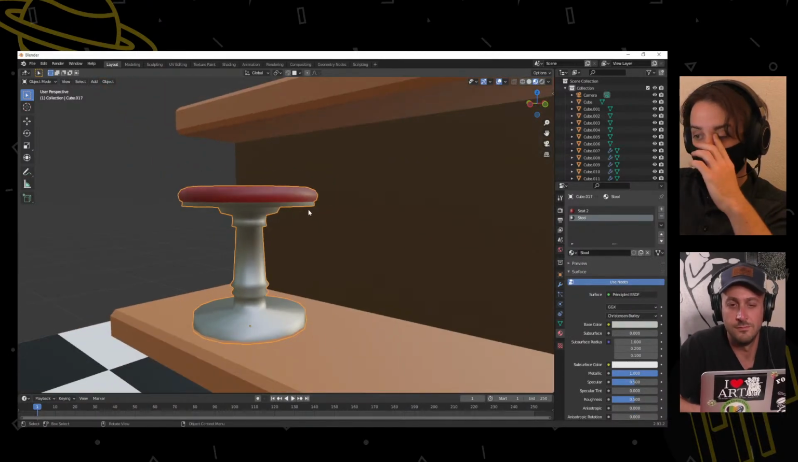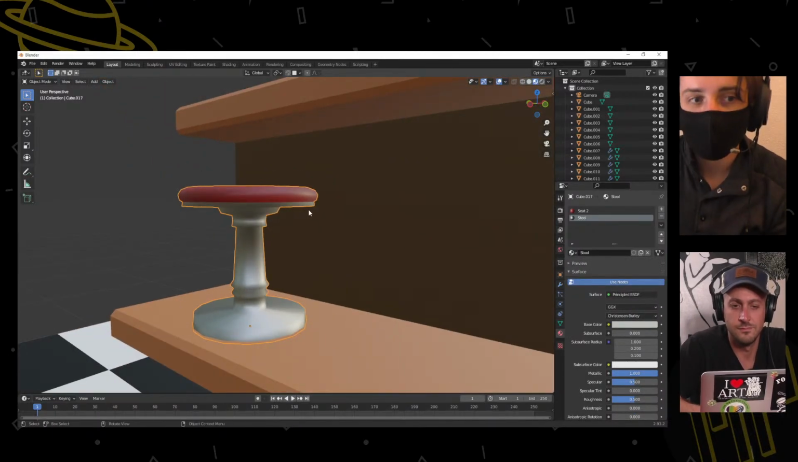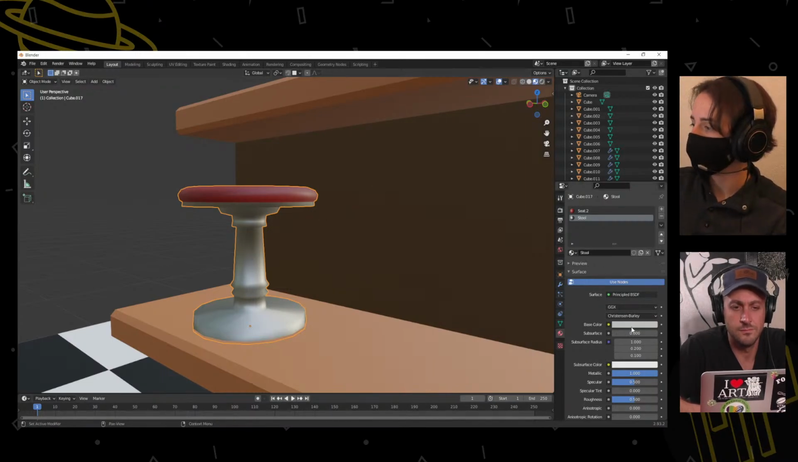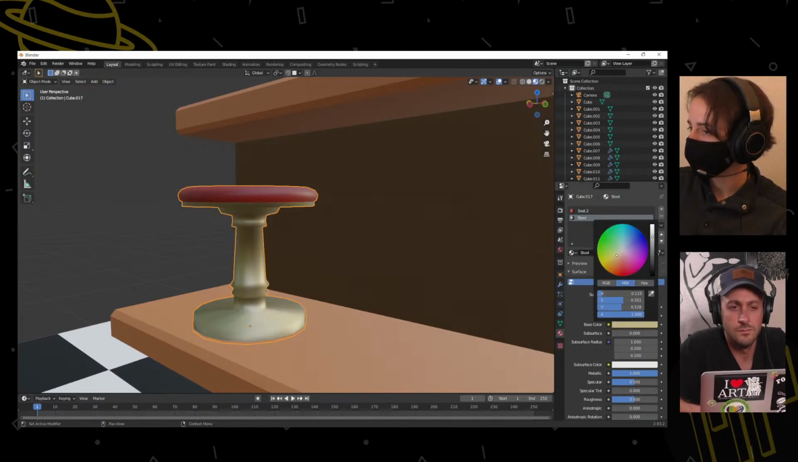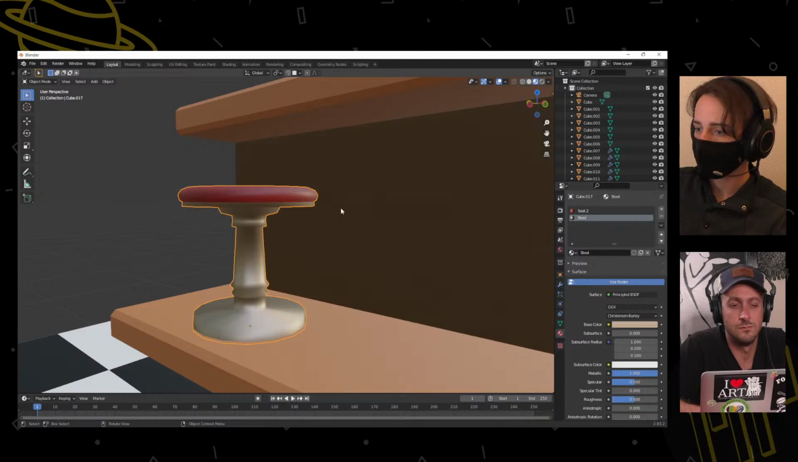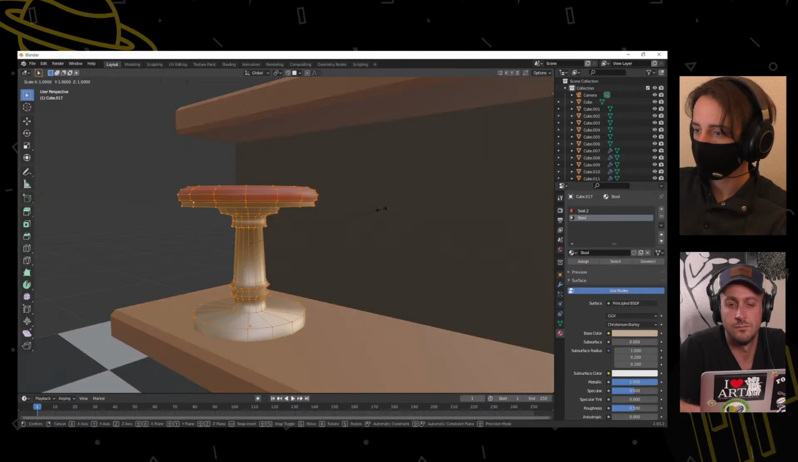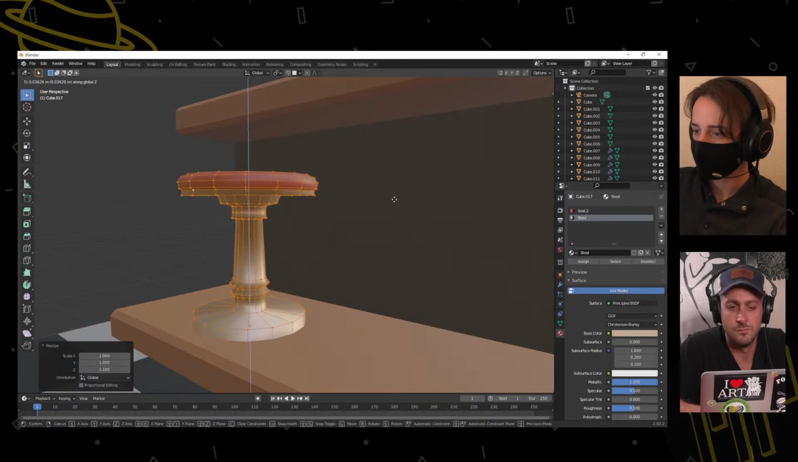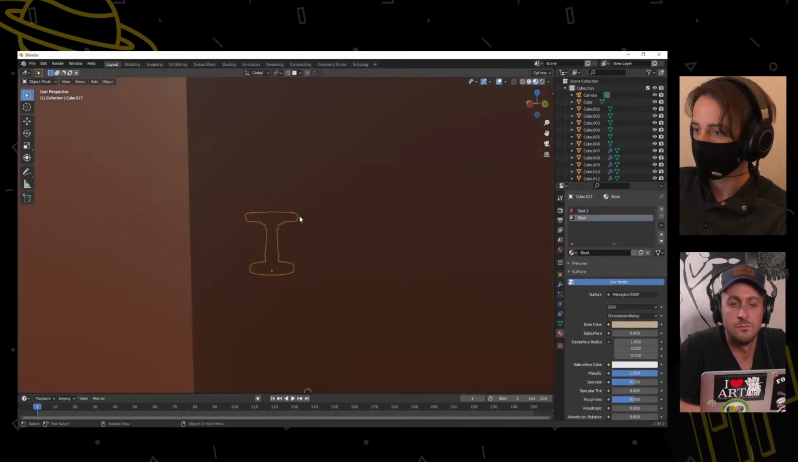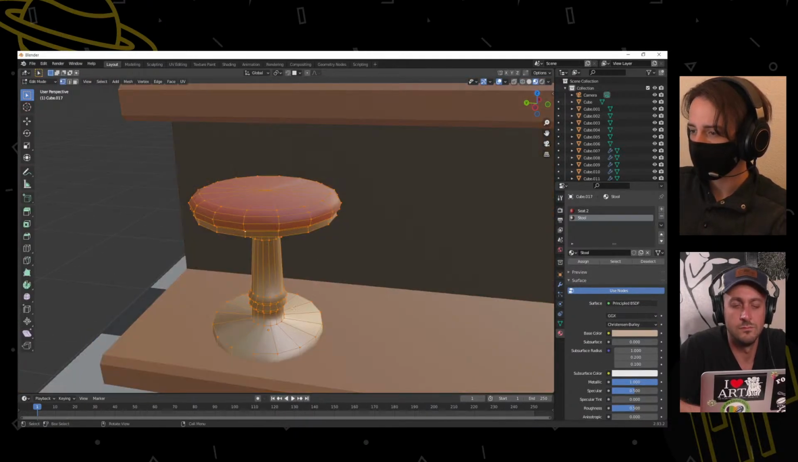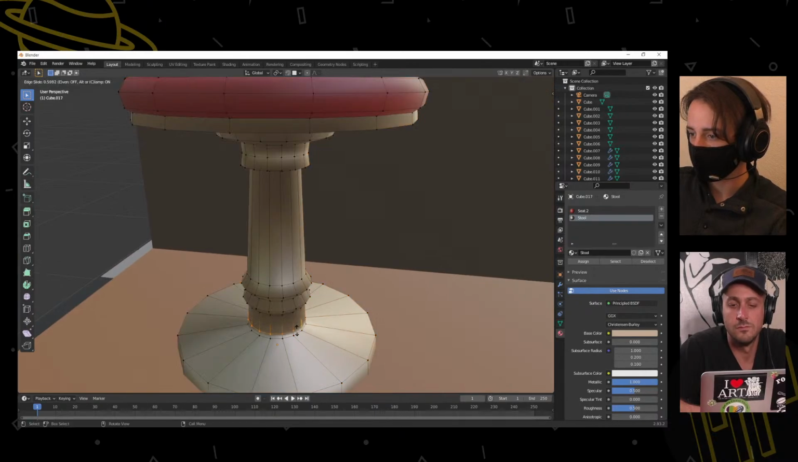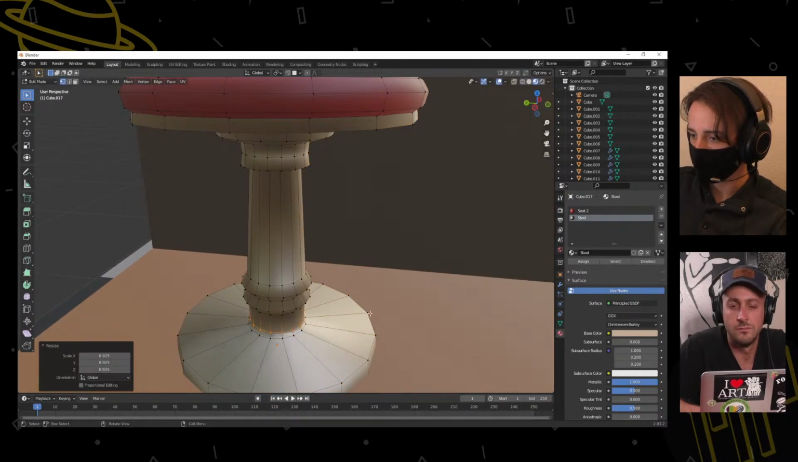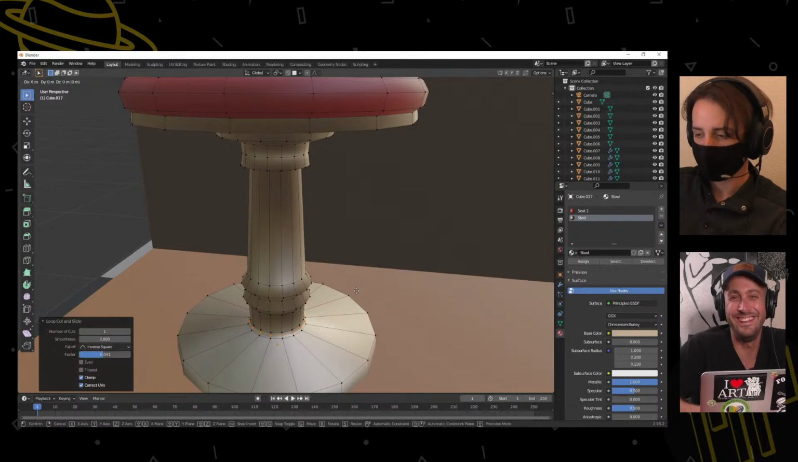Nice chair, all shiny and whatnot. Polished. Maybe we want it to be more brass colored. There we go. I'll make one little change here. Not that it's significant, but